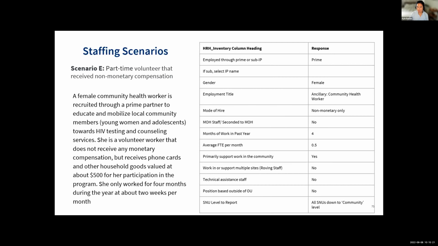And then lastly, she only worked for 4 months during the year, working part-time at about 2 weeks per month. So in this case, the key thing to note is that their employment title is mainly ancillary workers, community health worker by designation. And in terms of their compensation, it is non-monetary only, since they were not salaried and not contractual, they only received work incentives in the form of non-monetary compensation. In terms of months worked in the past year, it's only 4 months, and they only worked part-time for half a month, so